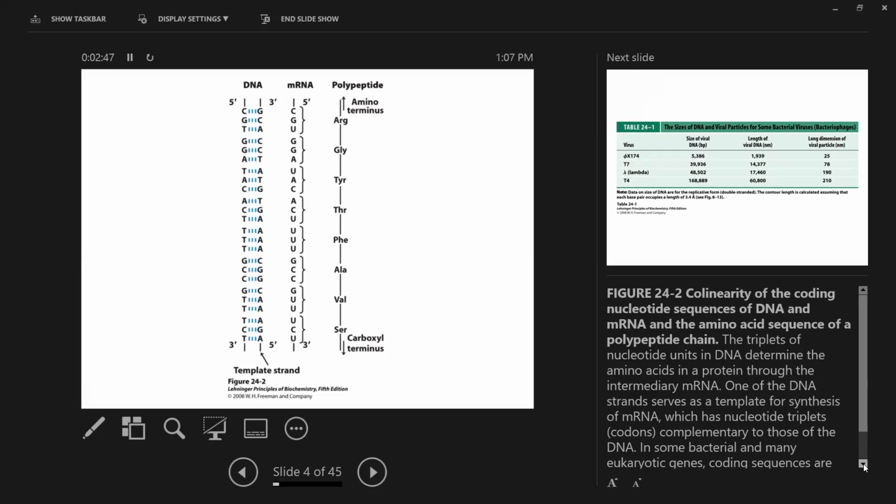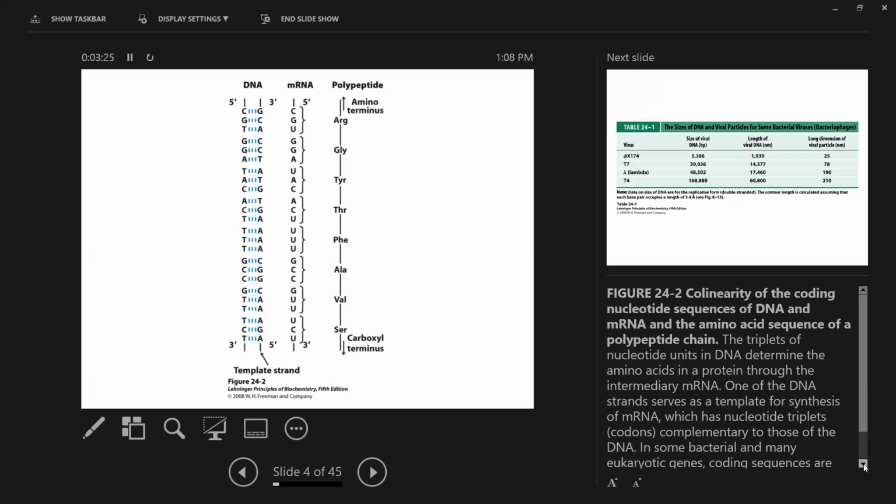The RNA is read in triplets, codons. These encode a specific protein. The RNA is read from 5' to 3', from front to back. You then make the protein from amino terminus to carboxy terminus. You make the protein from front to back as well. And each of the sequences in this DNA corresponds to a sequence in the mature RNA, which corresponds to an amino acid in the protein. So both the RNA and the polypeptide are named like that.